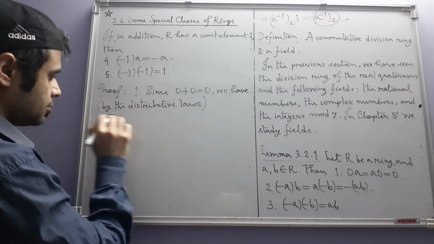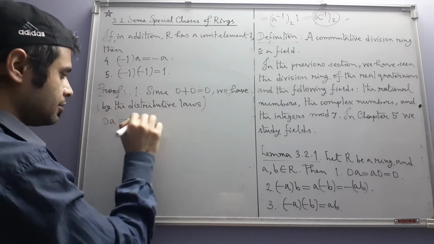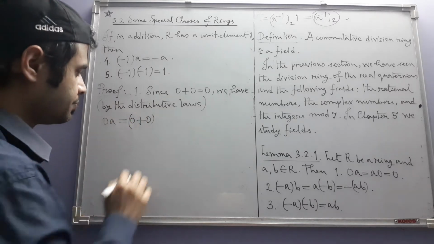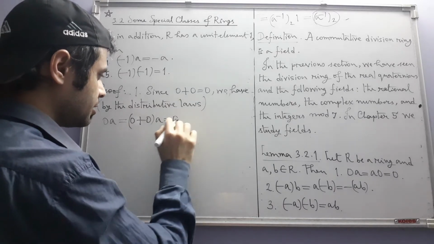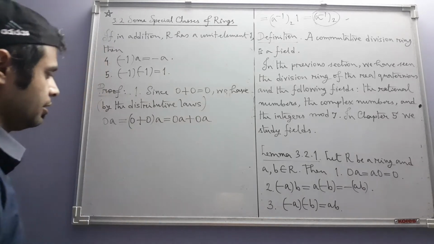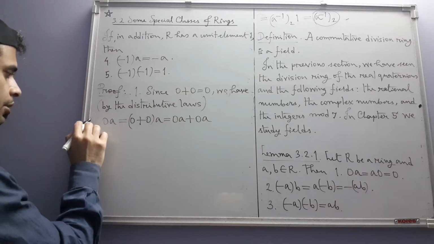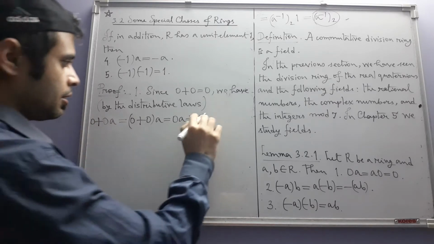0a is equal to, in place of 0 we can write 0 plus 0, and by the distributive law this can be written as 0a plus 0a. Now I could have started with this, and